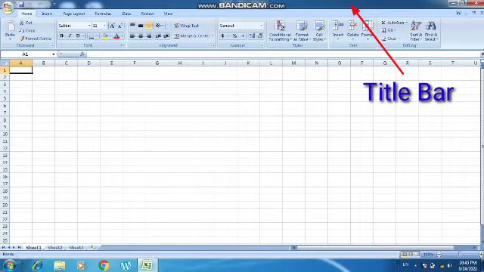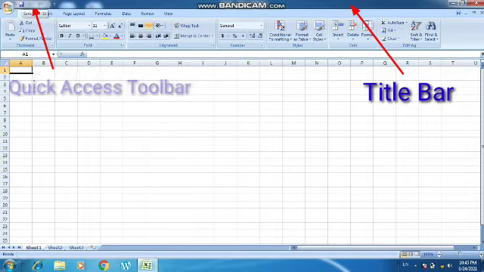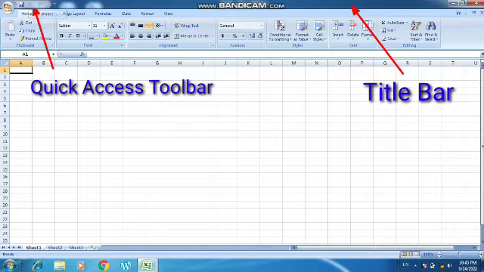On the title bar you can also see a few frequently accessed icons, from where you can quickly use commands like saving the file, undo and redo. This is called the quick access toolbar, which helps you to quickly save the file, undo and redo.